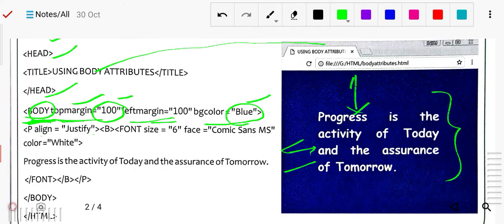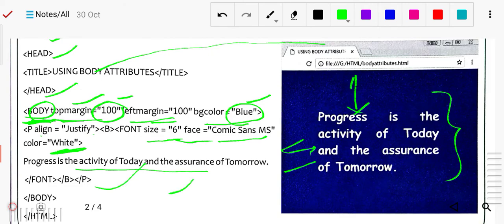P justify, so from the left and from the right it should be the same. Bold, font size 6, Comic Sans font face, and font color is white. You can check it is white. The text reads: progress is the activity of today and the assurance of tomorrow.